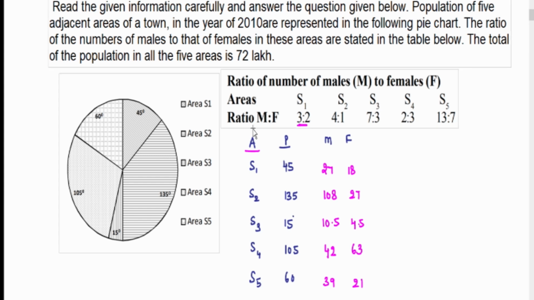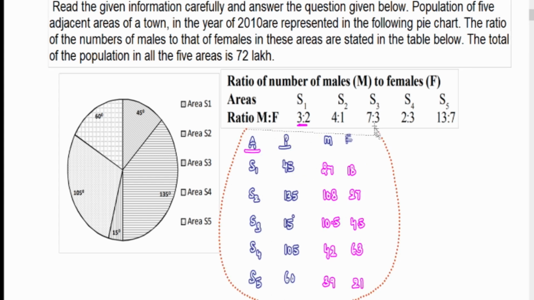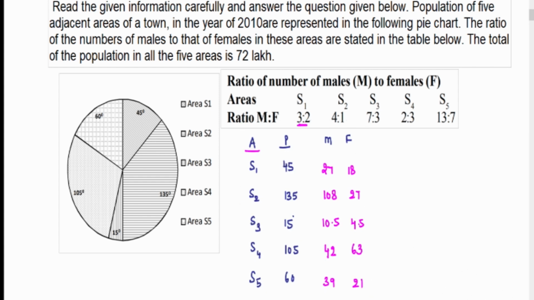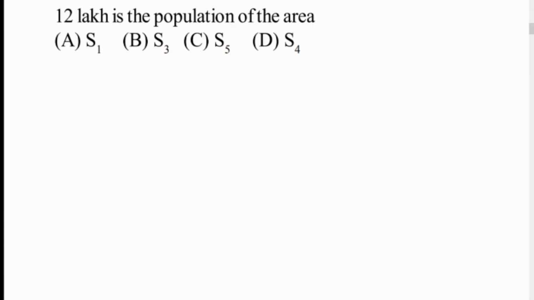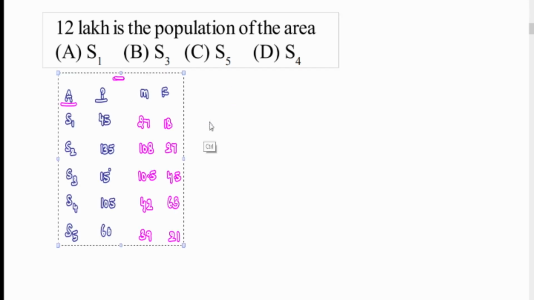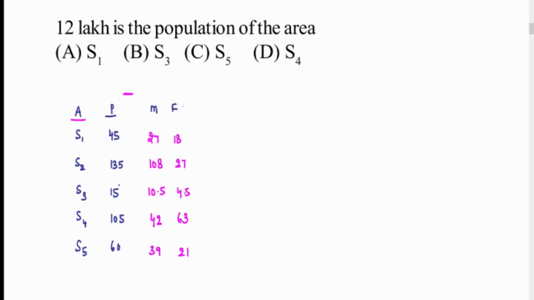Now we got this table. So we don't need the data anymore because we have the table here. So we'll take the table for the following questions. All you just need to remember is the population of the 5 areas is 72 lakh. Now look at the question. Here it is asking you: 12 lakh is the population of the area. We know 12 lakh is the population of area S1, S2, S3, S4, S5. Instead of looking at S1, S2, S3, S4, S5, what you have to do is take this 12 lakh,